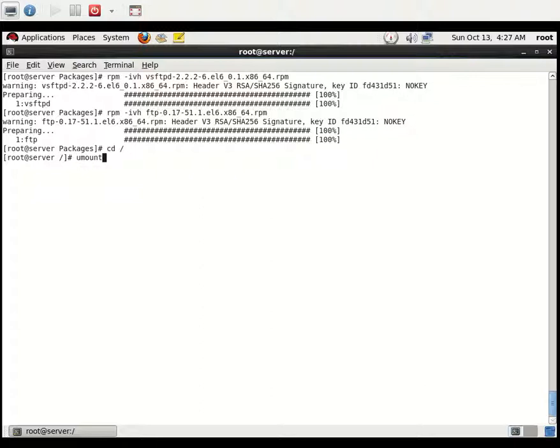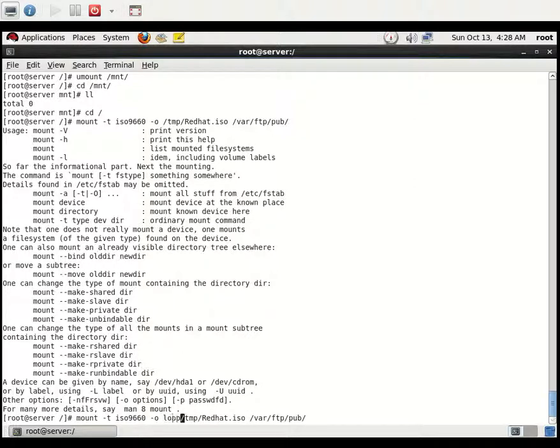Okay, umount the mount directory. Now navigate to the mount directory. There will be no files because I have unmounted it, and now I need to mount the file inside /var/ftp/pub. For that I need to use the mount command with iso9660 and -o, and the file under Red Hat needs to be mounted at /var/ftp/pub.